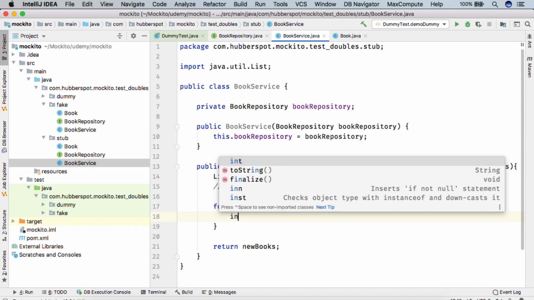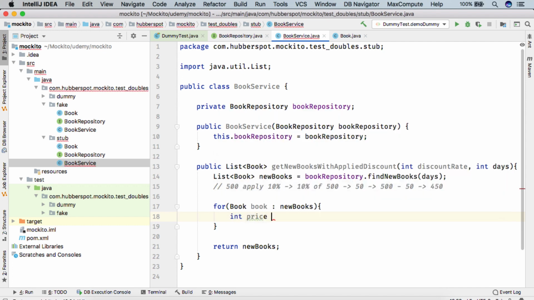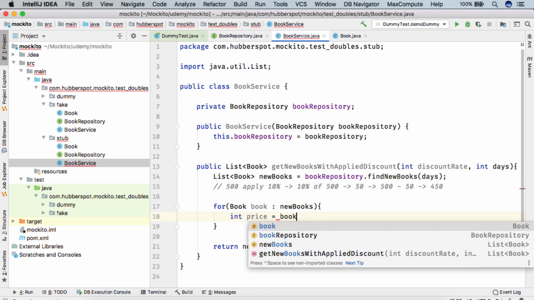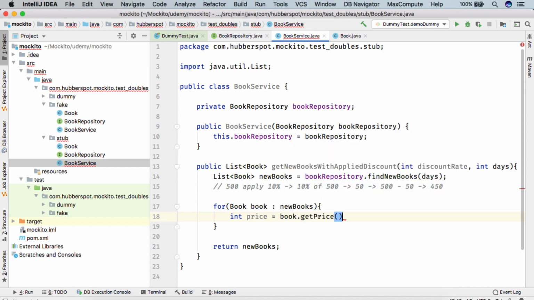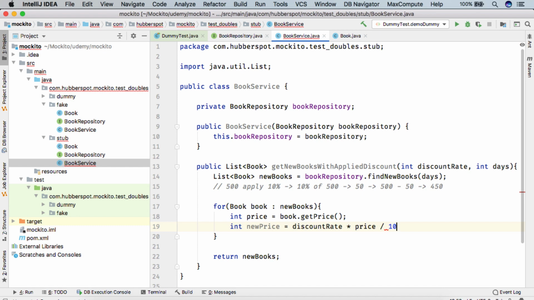Now here what we do is we get the price of the book. After getting the price, we'll calculate its new price. If you want to calculate the discount on the price, we can do discount rate into price divided by 100.